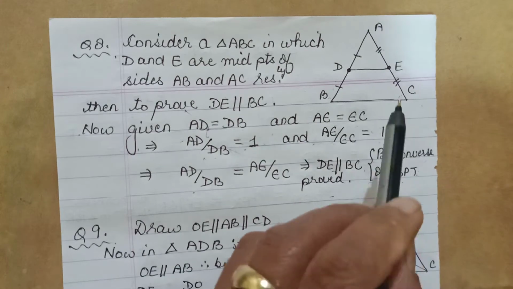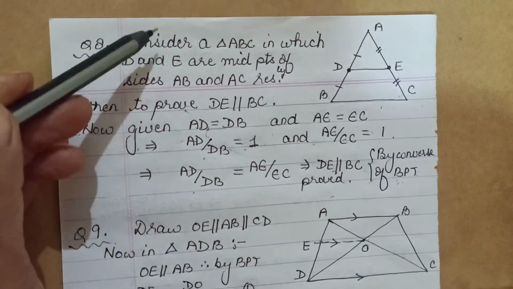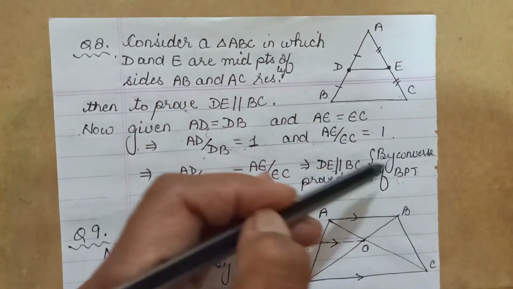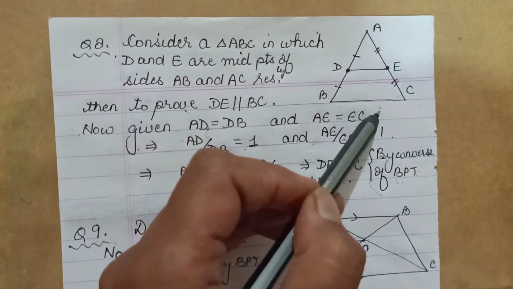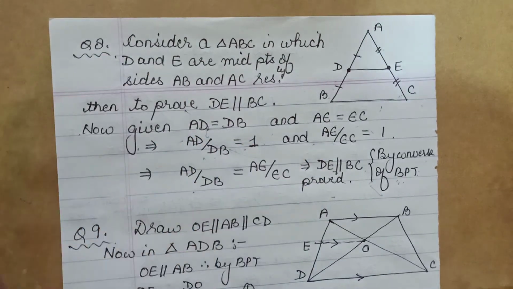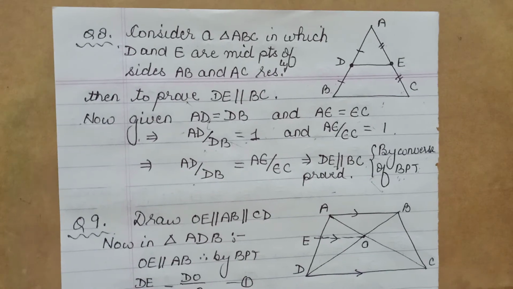The reasons are important, the figure, everything is important. So the solutions are simple, but the way of writing every step has its marks here. So if you leave the reason, your marks are deducted. If you don't give the figure, the whole solution is meaningless. So you just have to learn to answer these questions properly.